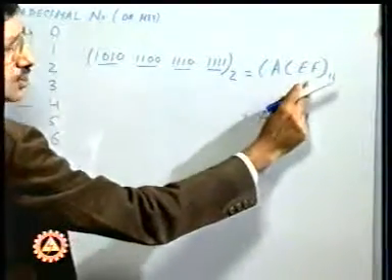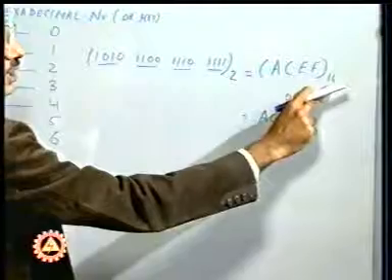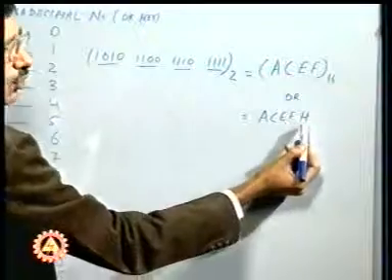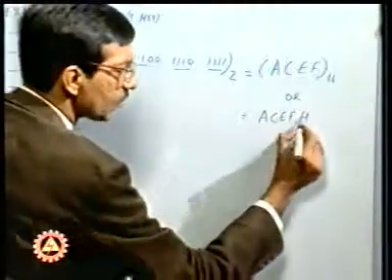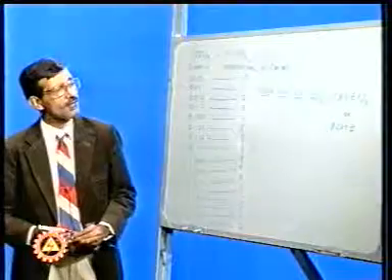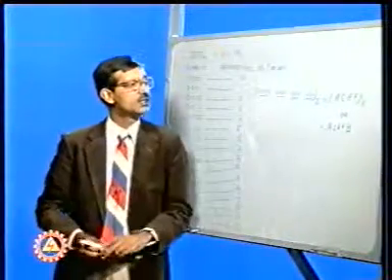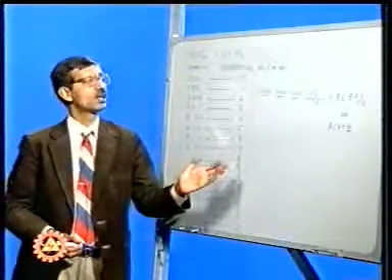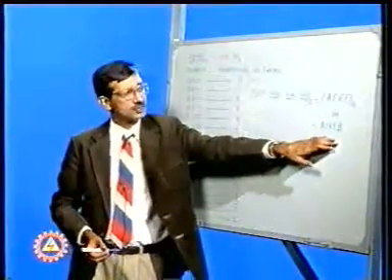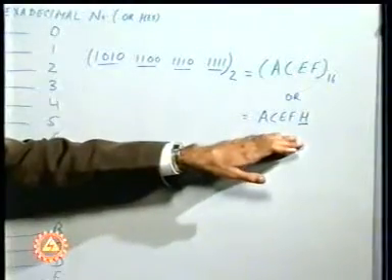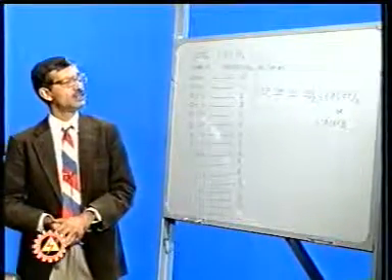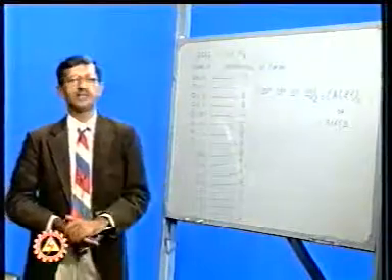Now, in order to show that this is a hexadecimal number, we write base 16. In case we do not want to write base 16, we can represent it as ACEF followed by H. This H which we have got here indicates that the number we are writing is in the hexadecimal number system. Now, once we have this kind of combination available, it is easier for us to replace the binary numbers with the help of the hexadecimal number system, and the advantage we get is the lesser number of digits required to represent it. So once we have got the bits available to us, we can have different codes.